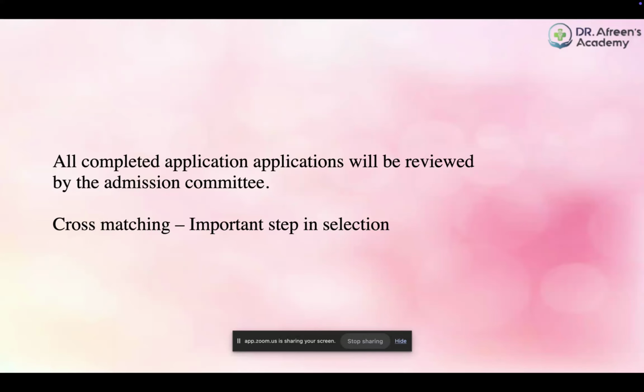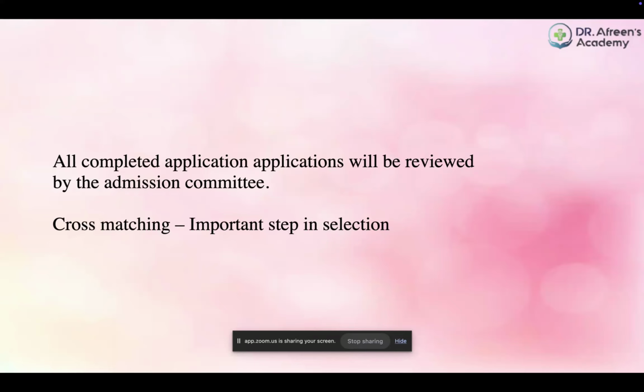There are many students applying for MBRU. So this cross matching is more or less like the USMLE. If you're aware of USMLE, they do this there because again, for USMLE there are plenty of applicants. So they do something called cross matching. So it is a selection process, okay? It's a selection process where a candidate is shortlisted and ranked by two or more authorities.